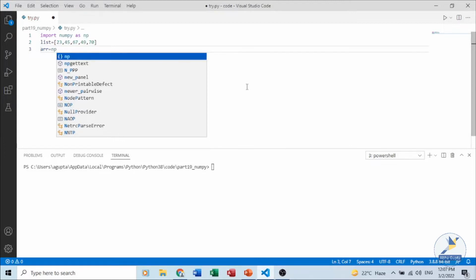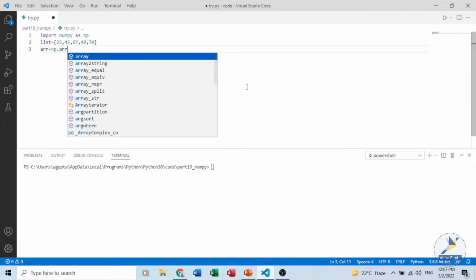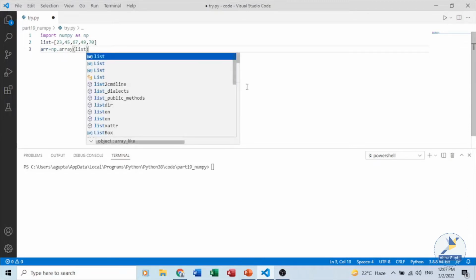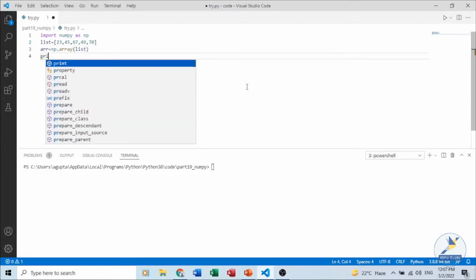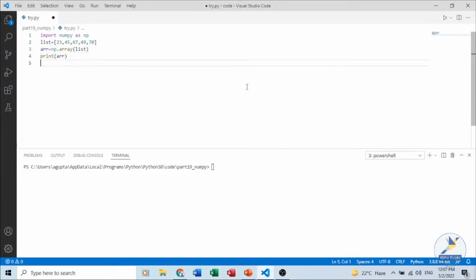But since we have given an alias name, we can write np dot array, since we are creating an array, and the data, either you can directly write the data as I said, or you can pass the list. So it will create an array for you, and then print the array which we have created.